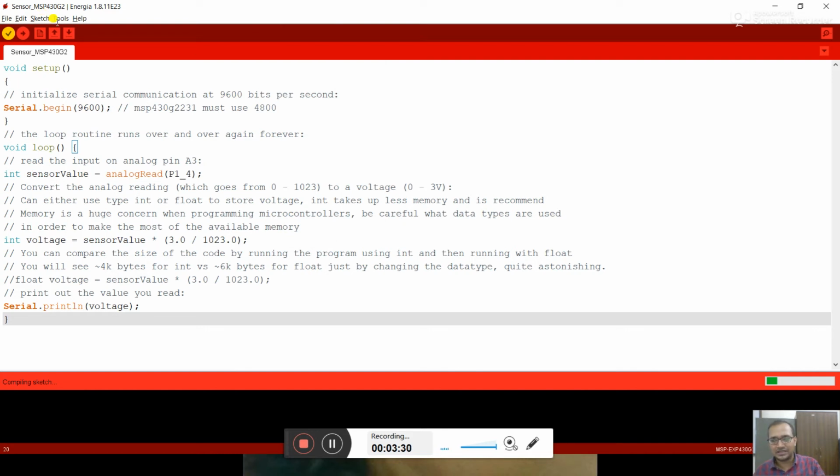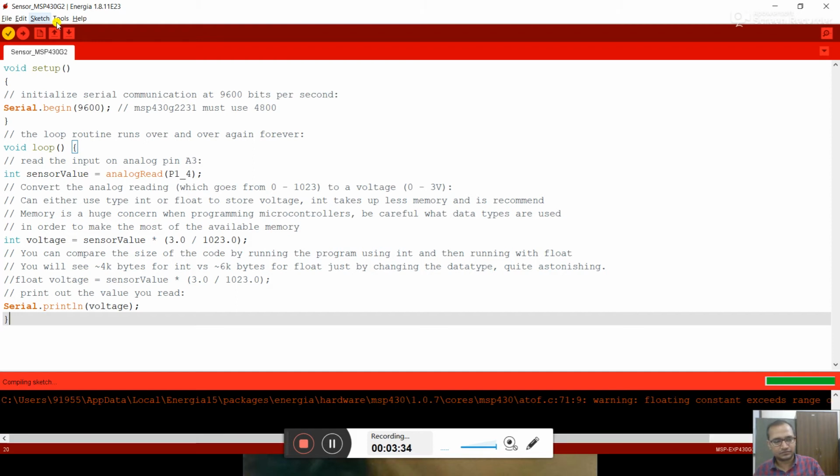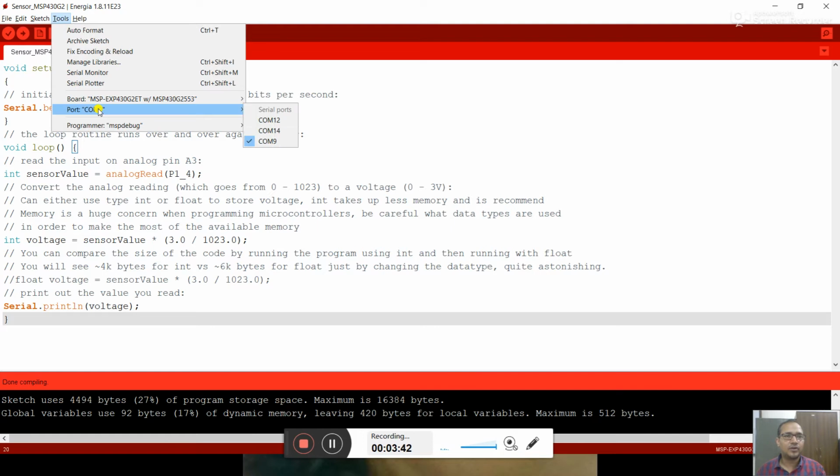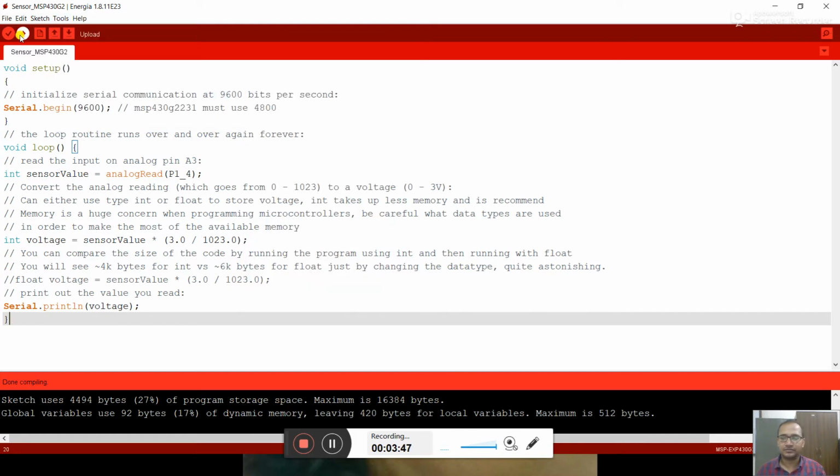Now it is compiling the sketch. Yes, it is compiled. So now the COM port is selected, the board is selected, so now I can burn it.